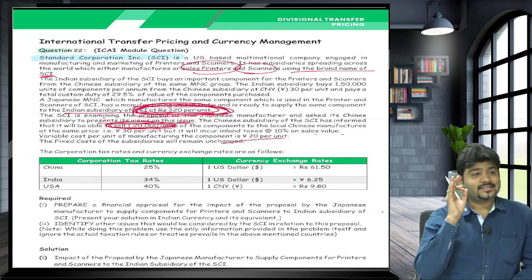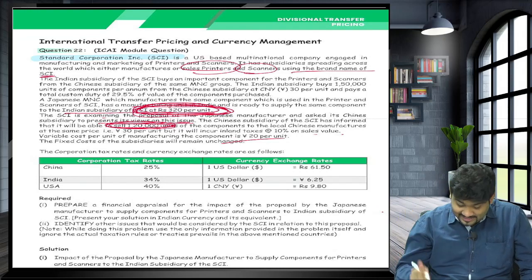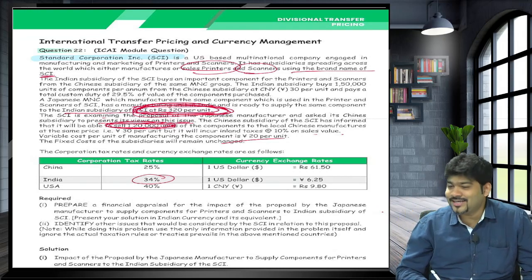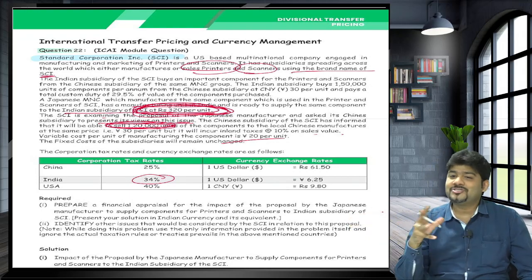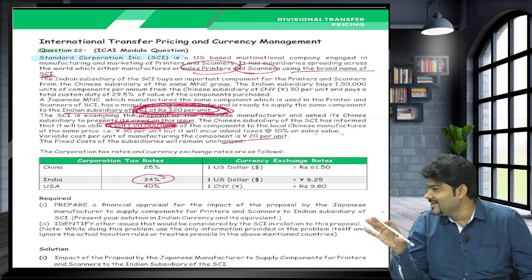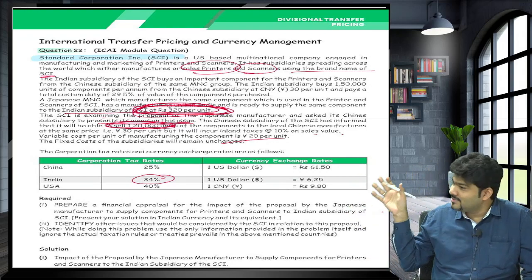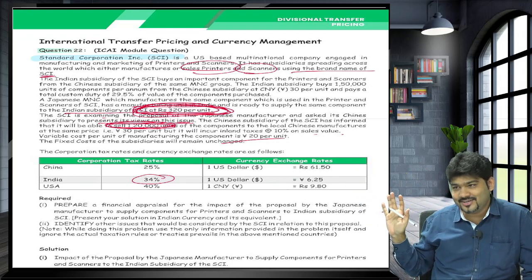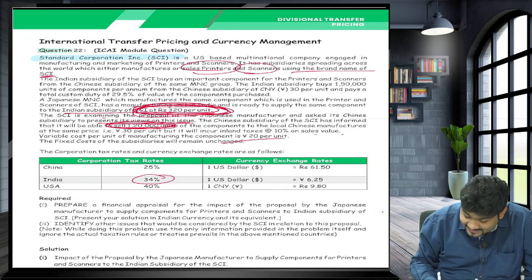If the corporation tax rate is specifically given in the question, don't act overly smart and say that here they have given the corporate tax rate as 34%, but as per Finance Act 2023, sir, it has changed, so I will take that. We don't want your tax knowledge here, this is costing, okay? So keep your tax knowledge in your pocket, please. Whatever is given here, you have to follow that. Use your extra tax knowledge in your tax paper. For now, we will take this only.